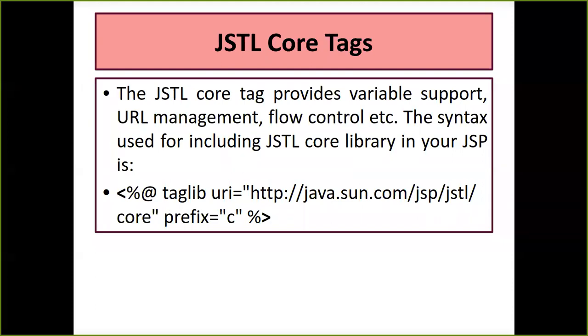Okay, so we have learned in the last slide that we have 2 things which have to be written mandatorily. One is your URL, that is for the specific tag, which is going to end with the name of that tag. Like if I'm making use of core tag, so it is going to end with what? Core. The rest, that is java.sun.com JSPA JSTL, is going to remain the same for all the remaining tags also.